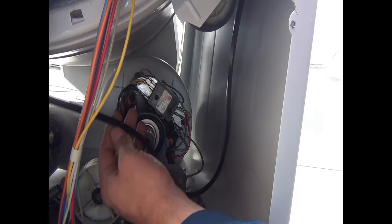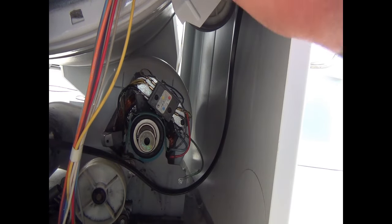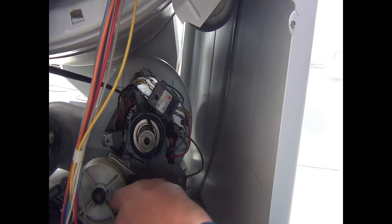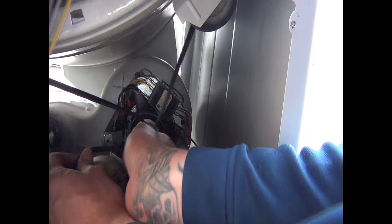Okay. So what you want to do first is the belt. When we put it on, there's like a little groove in the tub up there, a little lip. That's where you're going to want the belt to be placed. You can actually put your finger up here and you can actually feel the motor. Okay, so you're going to take the left side, you're going to put the rib side on the motor. Then you're going to go ahead and wrap the belt around the pulley like that, and then you're going to put it up behind it, and then make sure it goes through that guide. And you just want to make sure it's all the way on the pulley, like such. Okay? And then we can